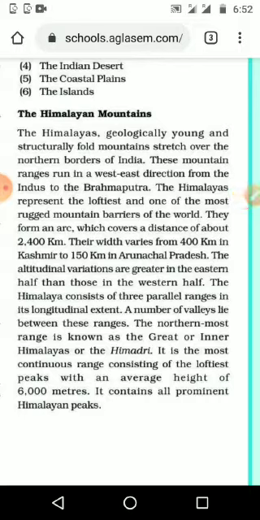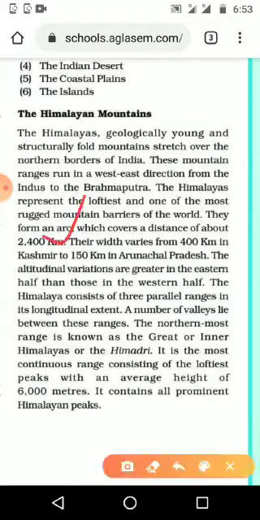Then the next one: they form an arc which covers a distance of about 2,400 kilometers. The width varies from 400 kilometers in Kashmir to 150 kilometers in Arunachal Pradesh. We can see the total distance of Himalaya, it is 2,400 kilometers, and the width of Himalaya in Arunachal Pradesh